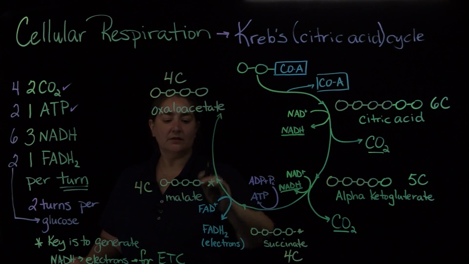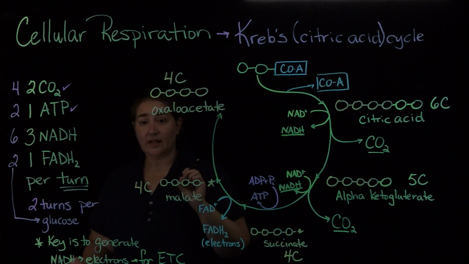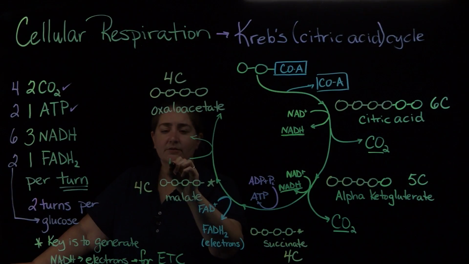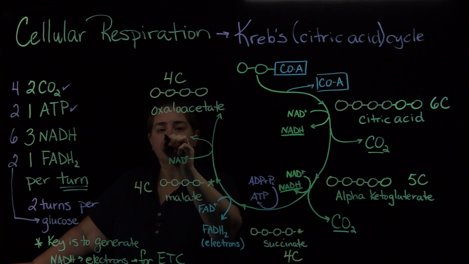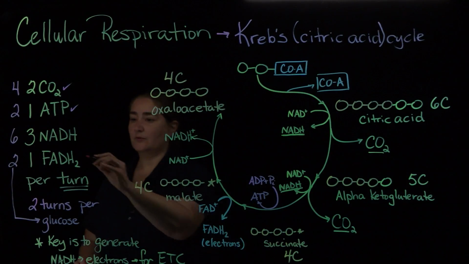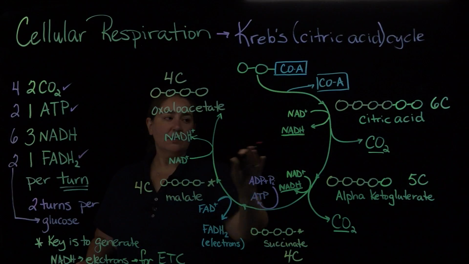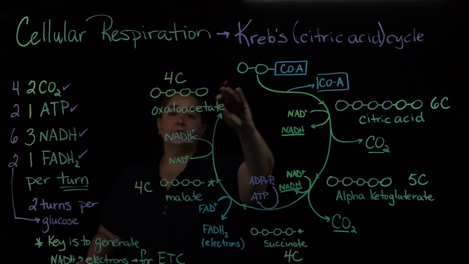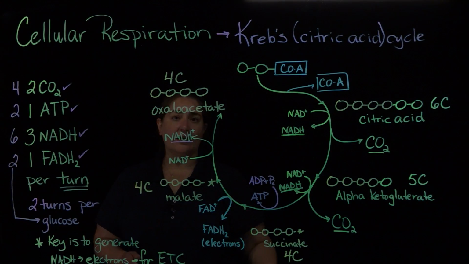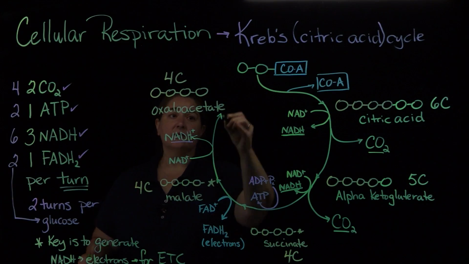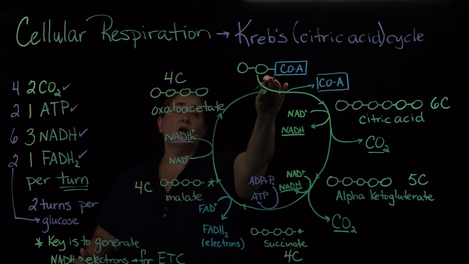When we go from malate back to oxaloacetate, all right, we are going to have another NAD come in and generate another NADH, okay? So in terms of what we've done here, we've accounted for our FADH2 here. Now we've got 1, 2, 3 NADH, and we've come full circle, all right? We now are back at oxaloacetate,